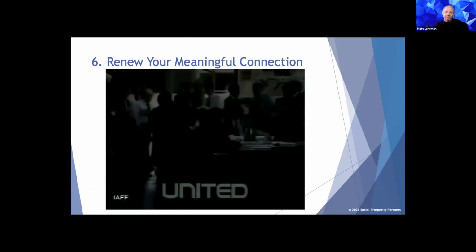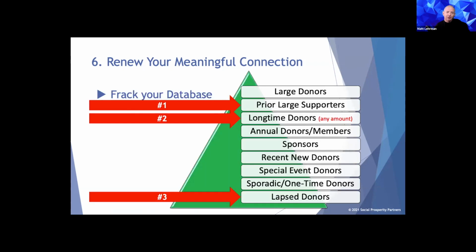Yeah. So we need to go and renew our meaningful connections with all of our old customers as well, if you will. So two pieces of advice here. One is, this is where you need to frack your database. And by frack, I mean you need to go into your database and explore the heck out of it. You need to get every last bit. Three quick points